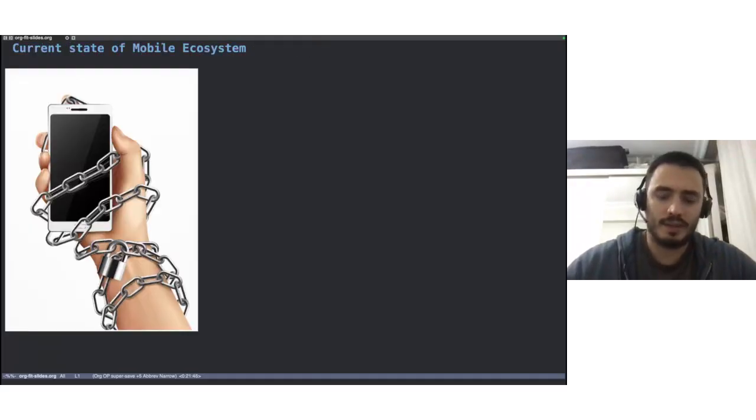It goes without saying that a lot of the mobile ecosystem these days is pretty hostile to the interest of its users. There are privacy policies that are constantly collecting your data and selling it without your consent, bombardment of ads, and a lot of features that are locked. Sometimes features that the app gives you are put behind paywalls, and so a lot of the ecosystem isn't in the best interest of users. And obviously there are apps on F-Droid and in the Android ecosystem that do try to address this,